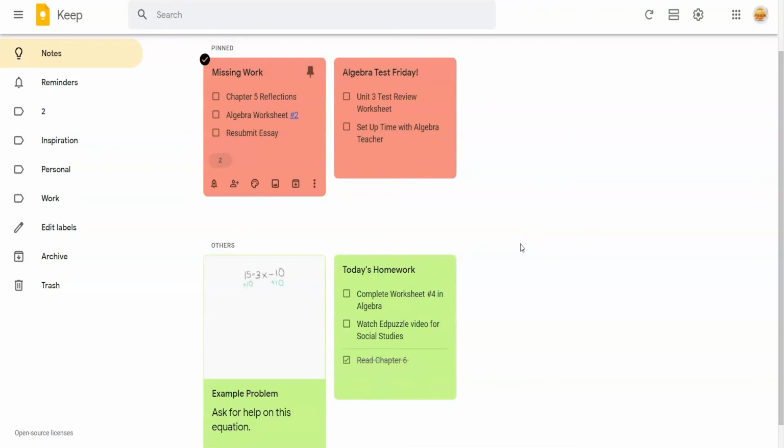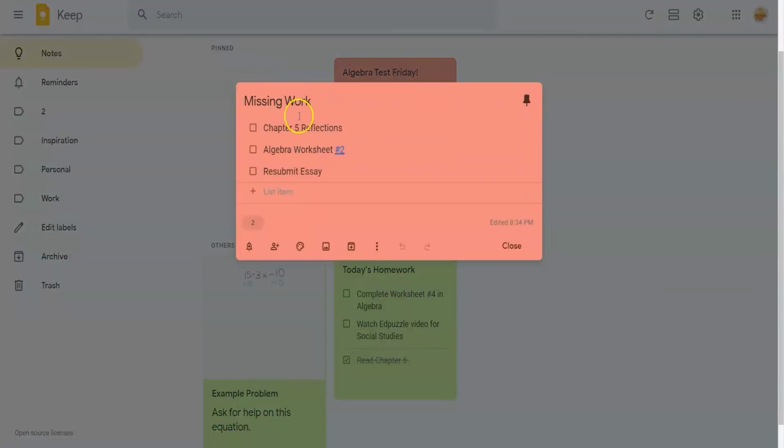A list with multiple categories within it can become confusing and hard to prioritize. For example, a missing work list with multiple assignments from multiple classes can be made more visually organized with emojis. Either use emojipedia.com or a multitude of emoji extensions available for Chrome. These visual cues will appear slightly different depending on which device it's viewed on, but it'll remind students which class